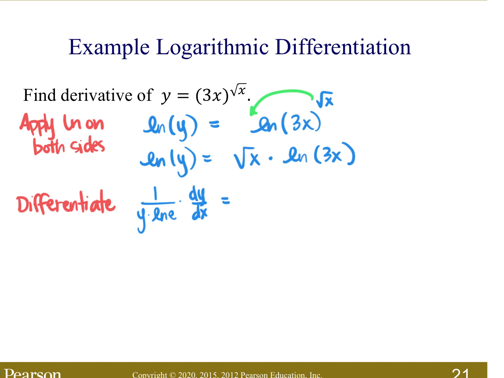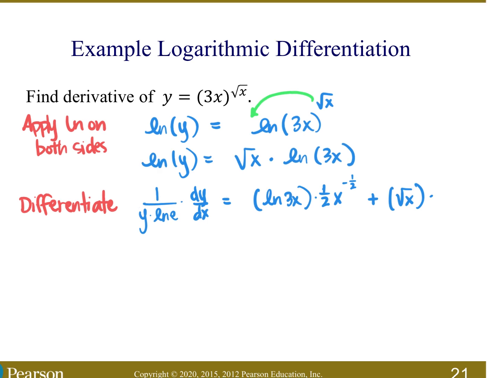And then we have the product rule on the other side. So I usually start with ln 3x multiplied by the product rule, which would then be half x to what new power? Negative 1/2, which I'll want to clean up. And then I'll add the rad x, the rad x, and then multiplied by the derivative of that logarithm, okay,